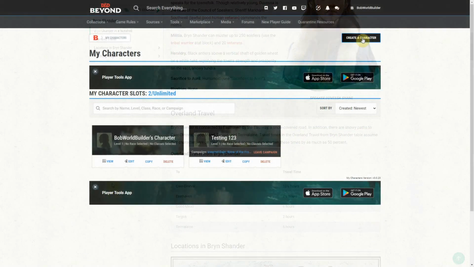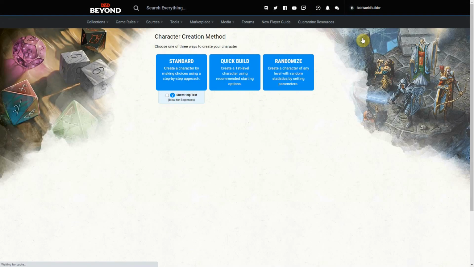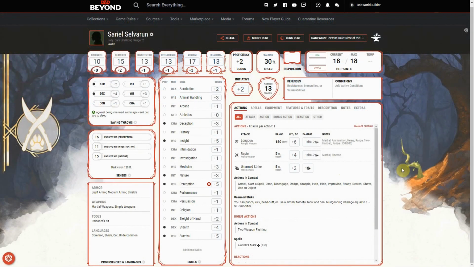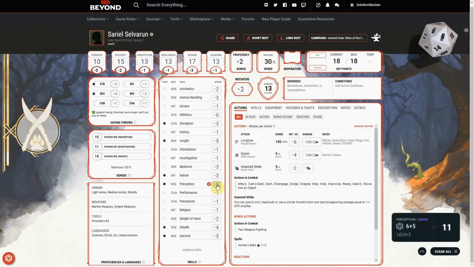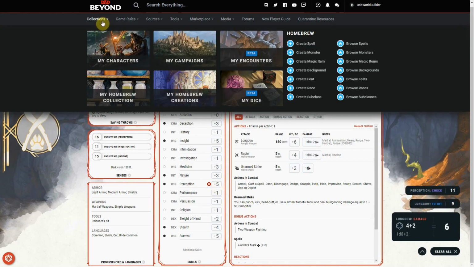But with a free account, you can also create characters and use their really well-organized character sheets with virtual dice. It does all the math for you, makes leveling super simple, and you can make custom spells, monsters, magic items, feats, backgrounds, races, and subclasses to share with your players or anyone in the world. It's what my latest home campaign uses for characters, and so far, I love it.